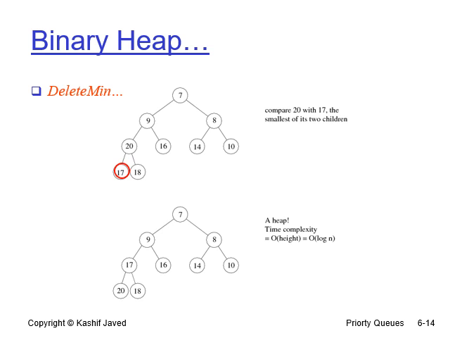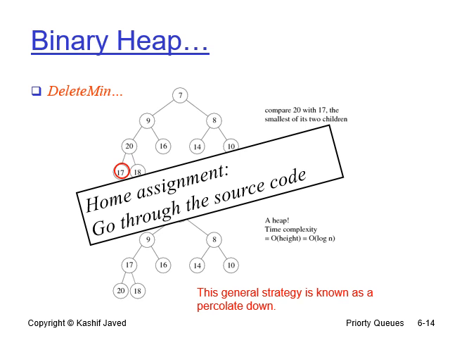So let's move on and look at the next operation. This strategy is basically called percolate down, which is the counterpart of percolate up that we studied for insertion. So please go through the source code yourself, all of you. You are supposed to go through the source code yourself, which is quite simple now because we have been discussing source codes for the last 5 chapters. Now it's your responsibility to look at the source code yourself.